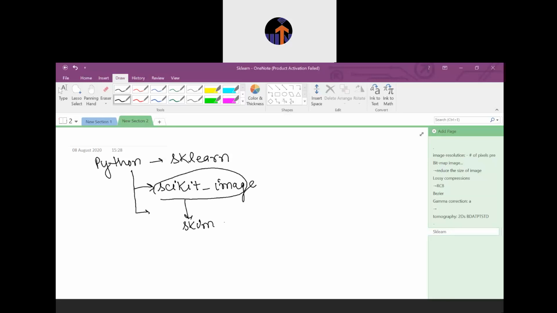The package is called skimage. This skimage has 3 important functions, or you can say methods. The first one is called imread. Imread is used to read the images from your drive, reading of the images, or you can say uploading.